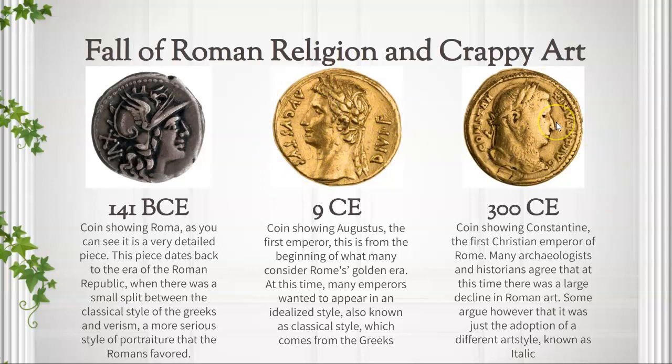But on the right here, you get to Constantine, the first Christian emperor, and this is where the italic style starts to take over, where the head is usually bigger than the body. And I really do believe, although I can't talk about it too much right now, that this is the ugliest of all